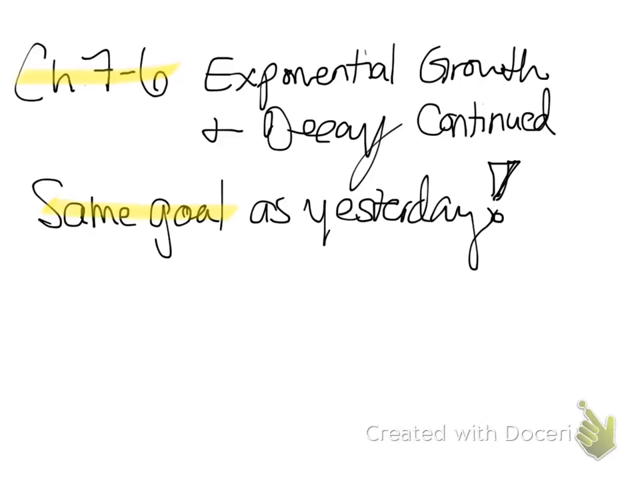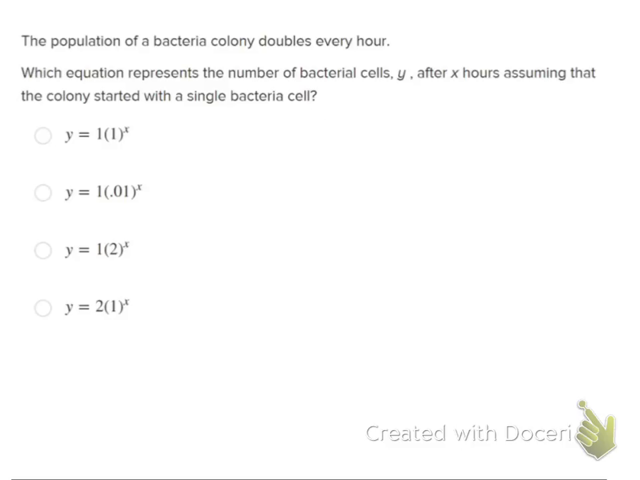What I want to do is go over 3 sample problems that you might see in your practice today. You're going to do 10 marks for practice. So there's just 3 quick sample problems I want to go over with you. The first one states the population of a bacteria colony doubles every hour. Which equation represents the number of bacteria cells, y, after x hours, assuming that the colony started with a single bacteria cell? So remember, we're dealing with y equals a(1